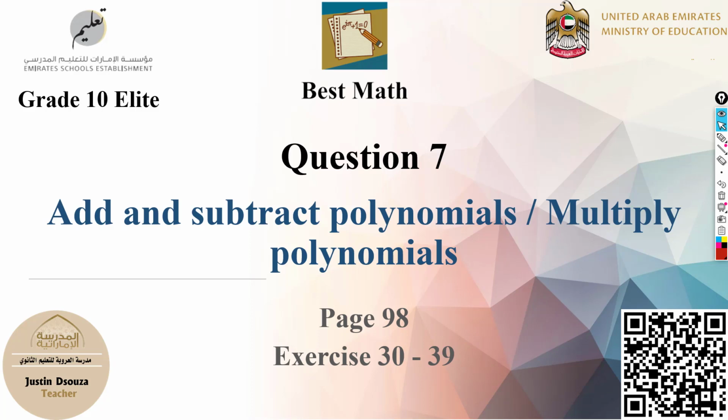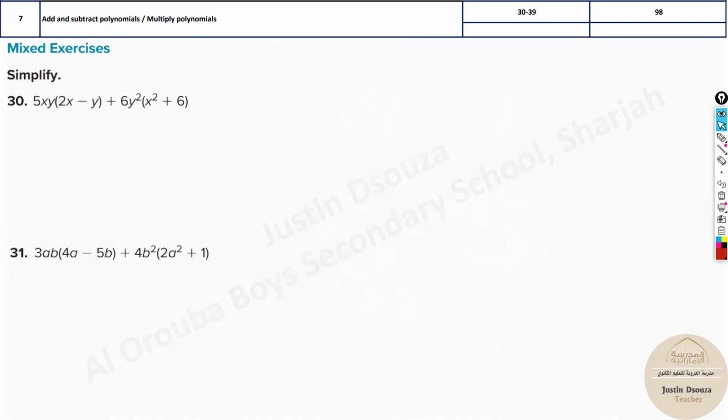It is to add and subtract polynomials or to multiply polynomials. Here we have to simplify. If you look at this question, you can see there are brackets, there's plus, there's minus, everything is included in this. All you need to do is use the distributive property and simplification. That's it. See, now multiply this inside. Here also multiply it inside. It's going to be 5